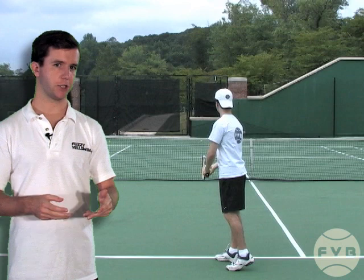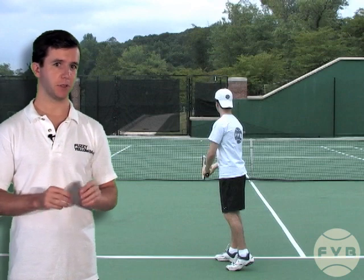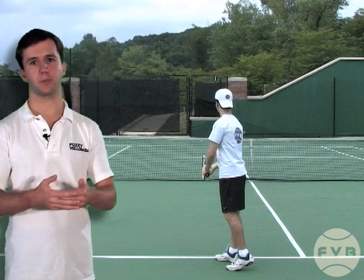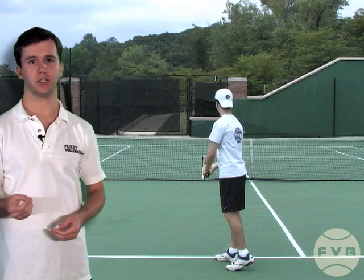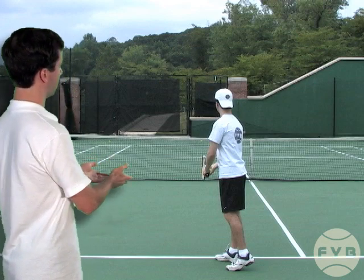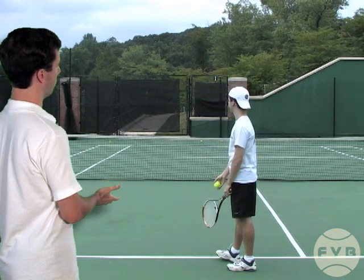Once you've mastered the weight transfer and the backswing from the stance, getting to the L position, then you can add those mechanics to the mechanics we talked about in the previous sets of videos and actually hit the tennis ball. If we watch the motion in real time right here, you can kind of see why it's called the